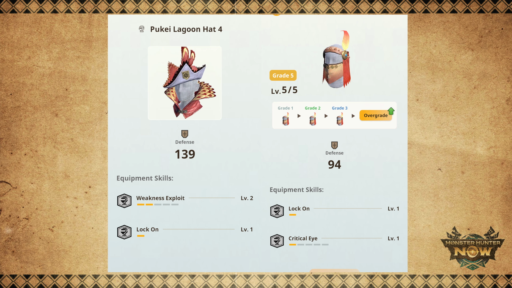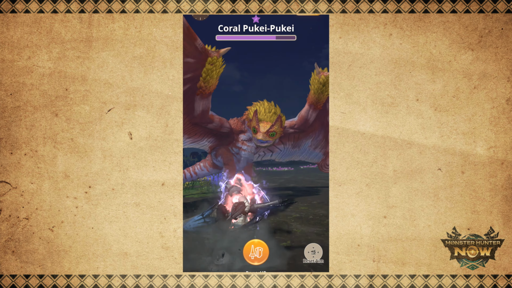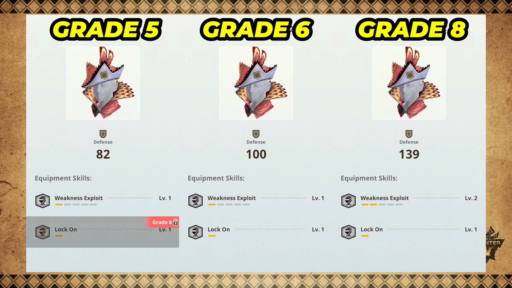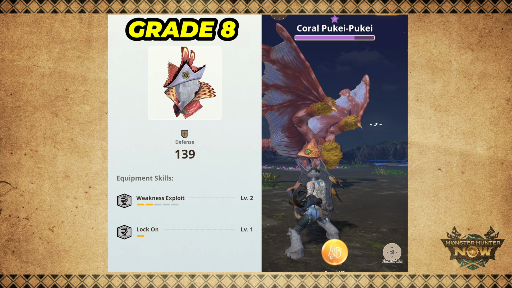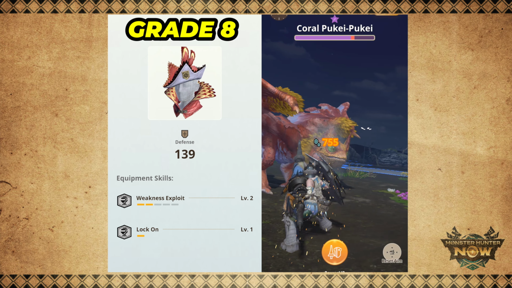Because for the first time ever in Monster Hunter Now, an armor piece will unlock additional skills when it's upgraded to grade 8. At grade 5, the Coral Helm only has Wex level 1. At grade 6, it unlocks Lock On. And on grade 8, it unlocks the second point of weakness exploit. So you'll need a lot of coral materials and you'll need to invest 2 Wyvern Gem Shards just to get